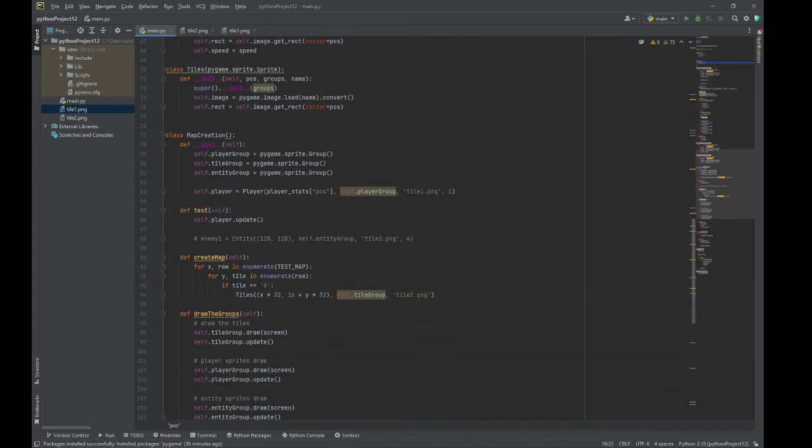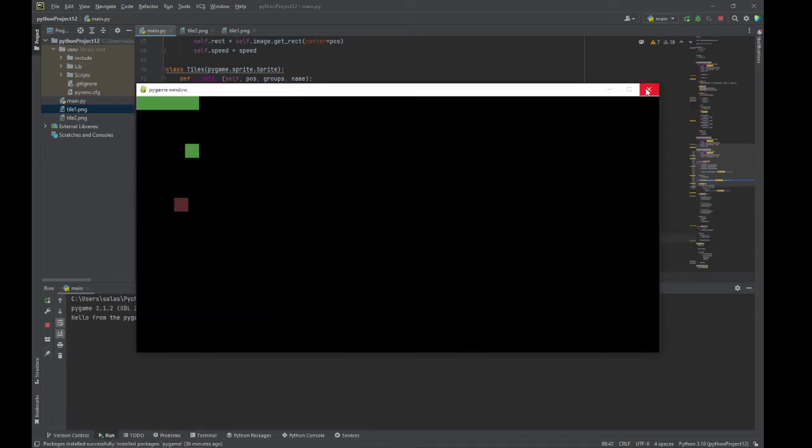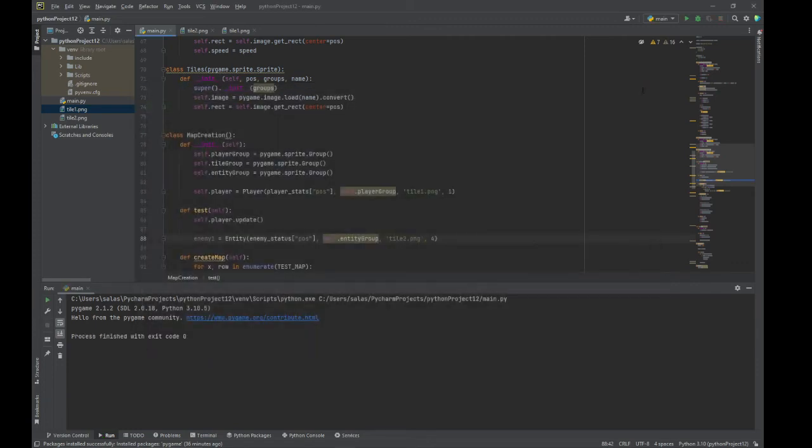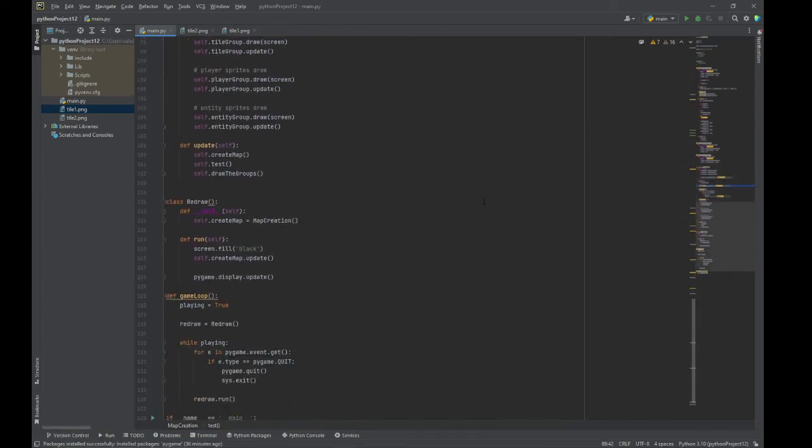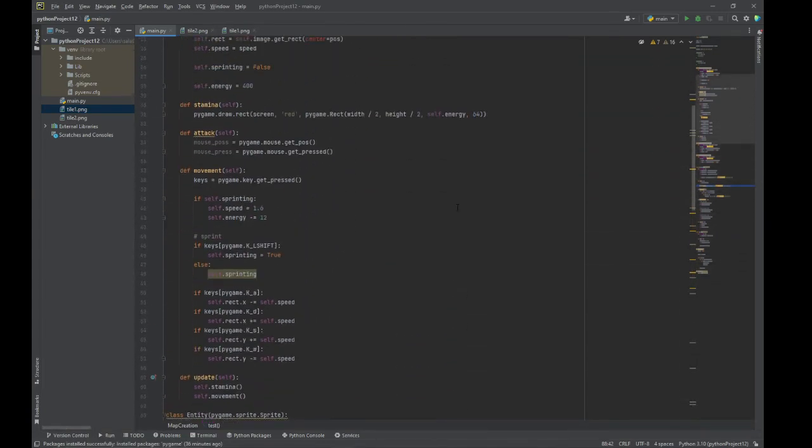Where's the map creation? We're going to respawn the enemy and do enemy status pos. Great, it works now. It spawns right here, though my character's behind it, which I think should be alright for now, but should change that at some point. I'm sorry for talking a lot, but